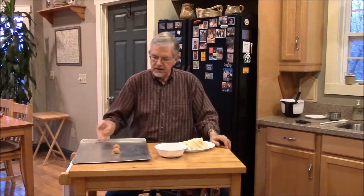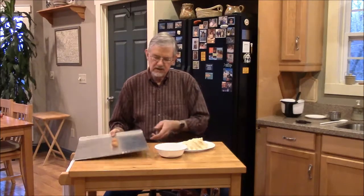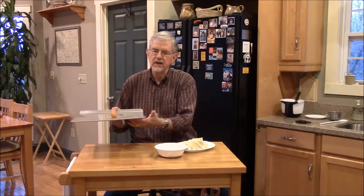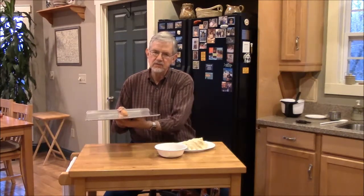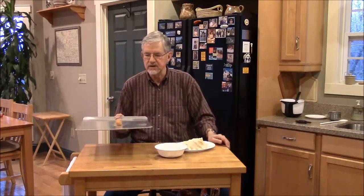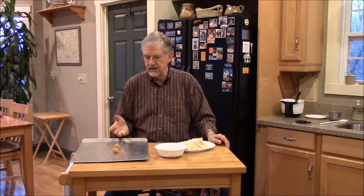I might mention that I'm trying something new here. This is an insulated cookie sheet. The bottom really has 2 layers or levels with air between. And that helps to prevent the bottoms of the cookies from burning before the tops are done. At least that's the theory. And so I'm going to try it, and you and I can be the judges as to whether that worked